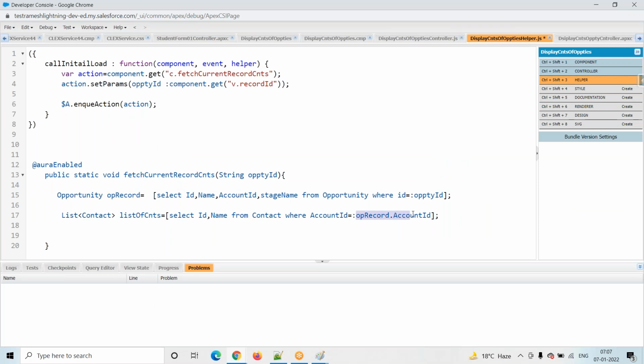So where account id equals :opRecord.AccountId. Based on this, we are fetching all the contact records associated with this particular opportunity's account. Any questions or any confusion?